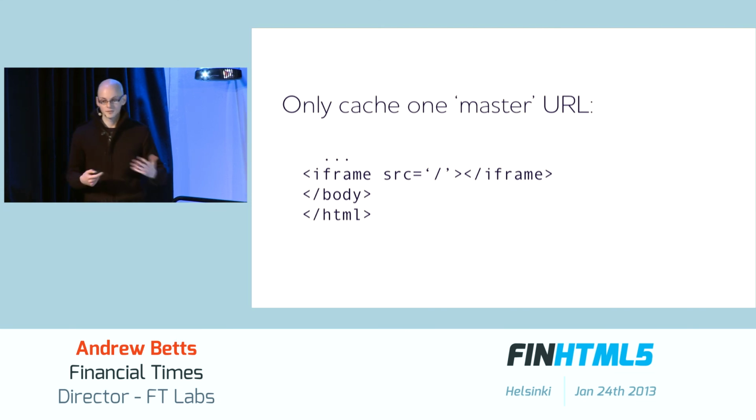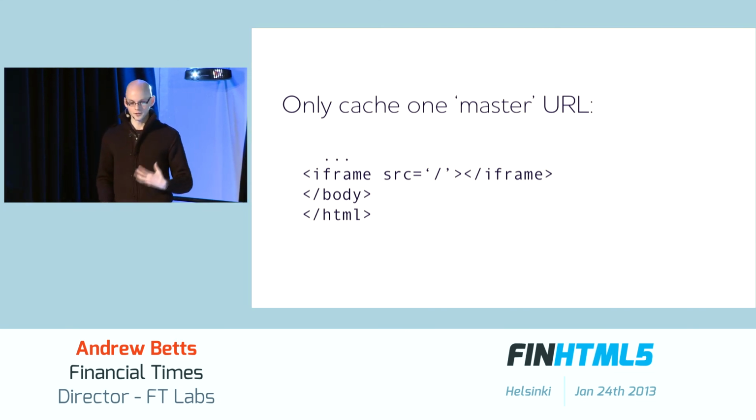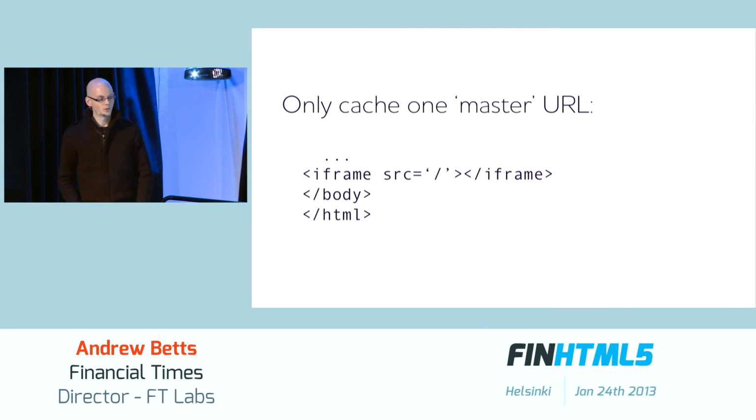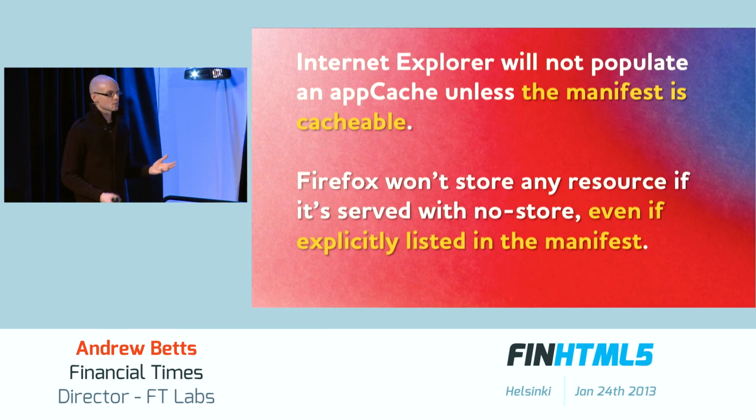Nevertheless, it does mean that for every page load, you're making a secondary page load in order to boot up your app cache. And I did say that was the second worst hack, so we'll get to the worst one in a minute. There are some other problems as well. App cache is obviously something that people are most interested in dealing with on WebKit because the kinds of platforms where we care about offline access tend to be running WebKit browsers. But Internet Explorer and Firefox are becoming increasingly important in this space, Internet Explorer being the default browser on Windows